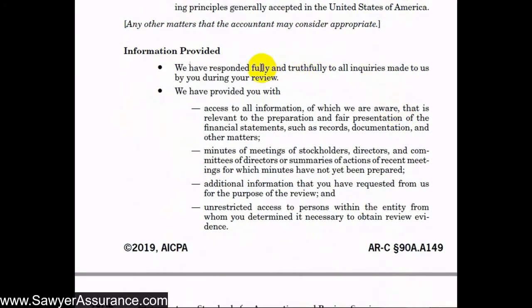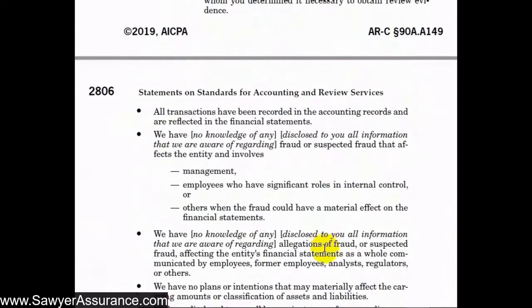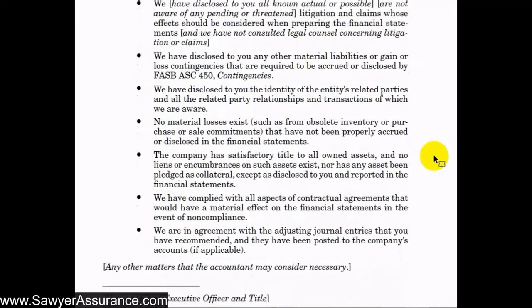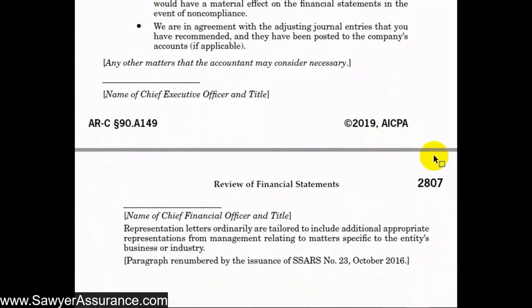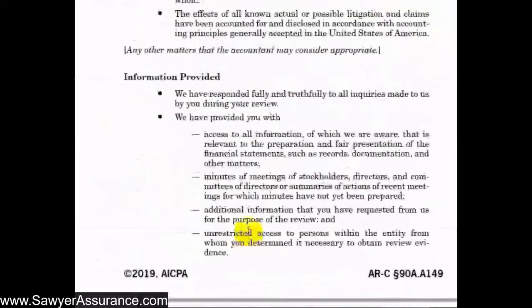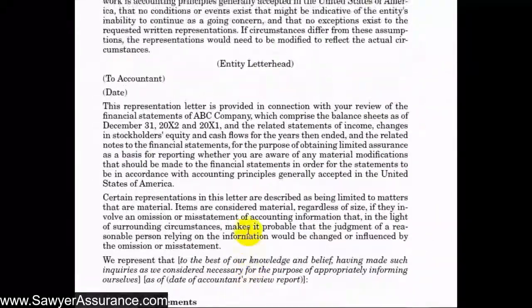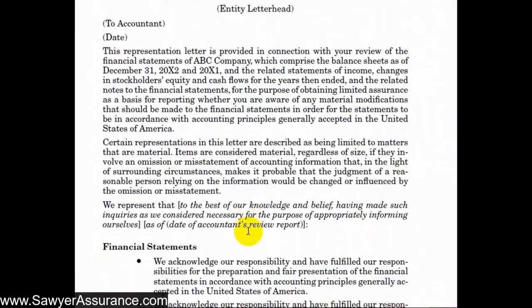And they also represent that the information they provided was all truthful and everything that we asked for or needed, and that they gave us access to everything. And a few other important things that we might find necessary for them to represent in the letter. And then we have the name of the person to sign it, and those that are responsible for the fair presentation of the financial statements. And we note here that we can tailor these to the specific entity. And so that's it. At the end of the engagement, before we can issue the review report, they need to sign this letter and provide it to us.